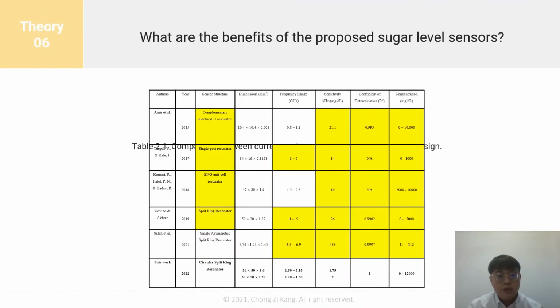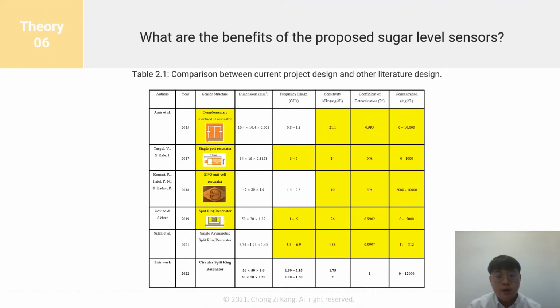The simple design proposed in this project allows the planar microwave sugar level sensor to be fabricated on a large scale. On the contrary, the complicated design proposed in other literature requires more time to fabricate the sugar level sensor. Furthermore, the low resonance frequency of the sensor designed in this project only requires a simple pocket VNA to measure. In contrast, the high resonance frequency of the sensor proposed in other literature requires a more